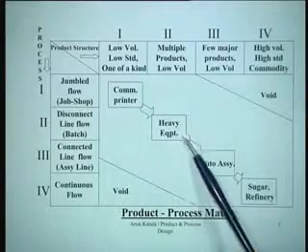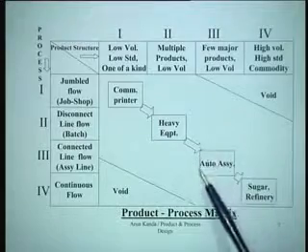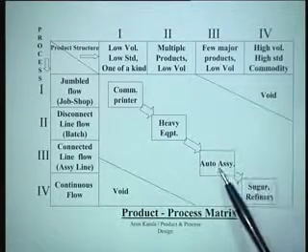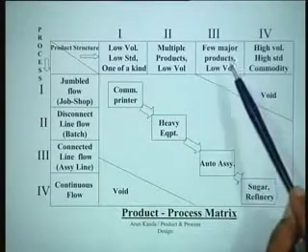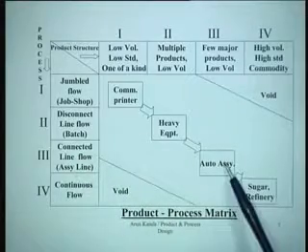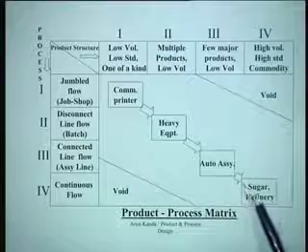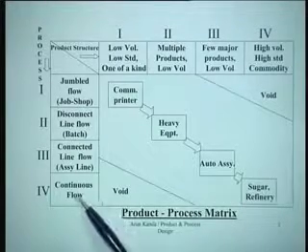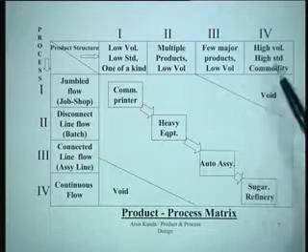Then this product could then graduate to a situation where we have something like an automobile assembly. In an automobile assembly, we have few major products, and this is a connected line flow in the form of an assembly line, and you have come here. And finally, we could give an example of continuous flow, which could be sugar production or a refinery, where you are talking about